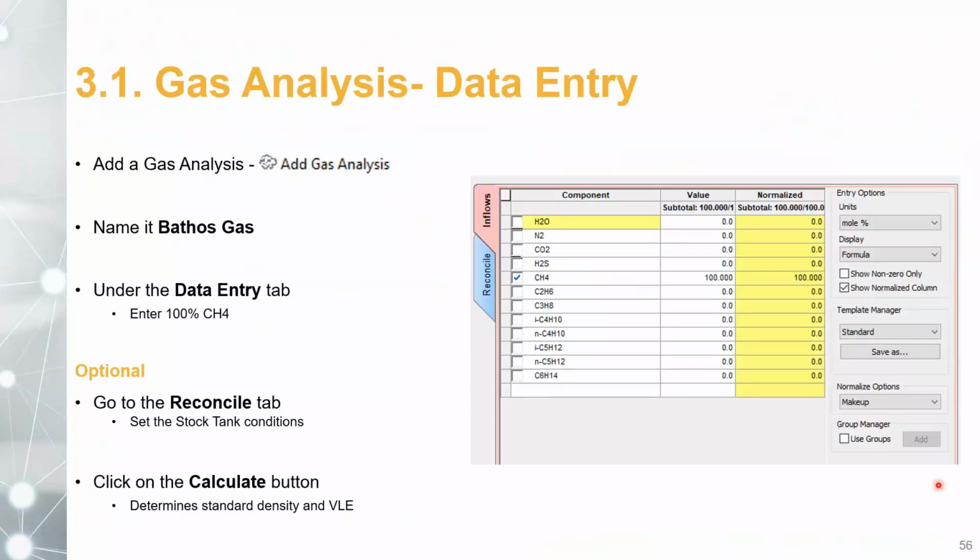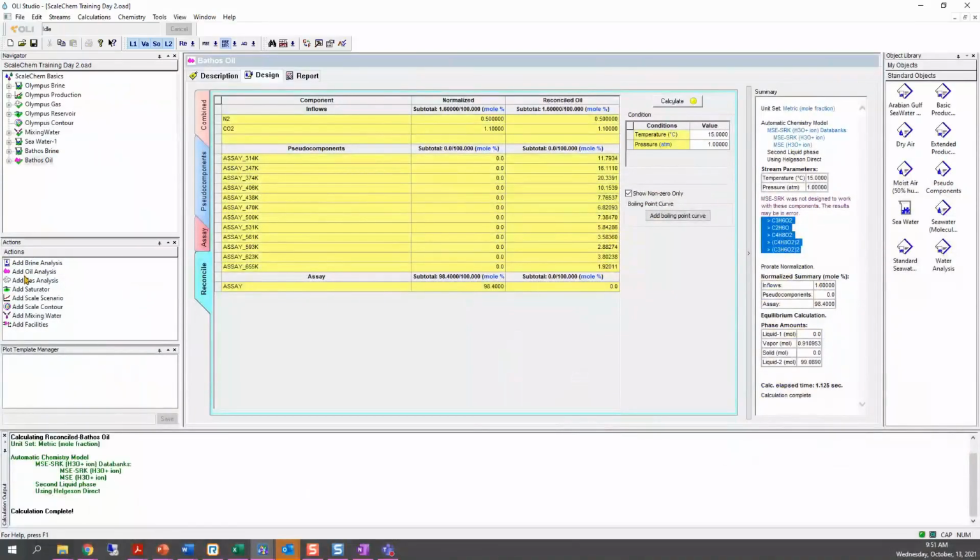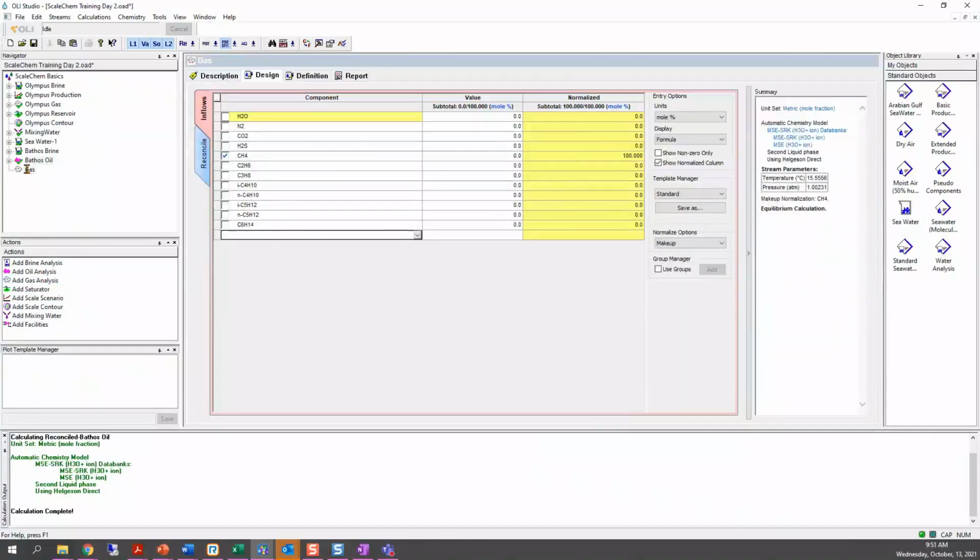So let's go back, and we are going to go to the Actions pane and double click on Add Gas Analysis. In this case, we just change the name to Bathos Gas. And this is going to be very simple.